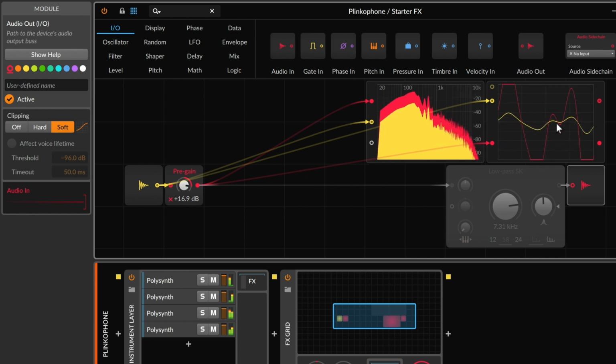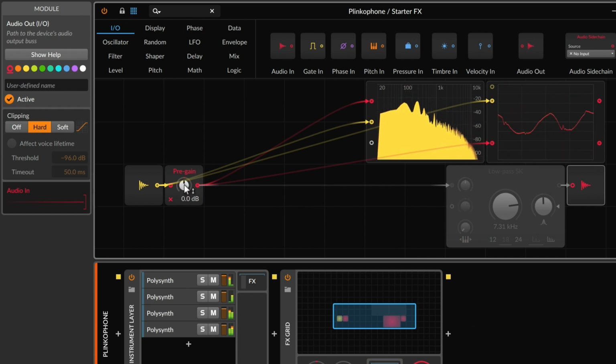So you don't see the difference here because it's happening inside of the audio out module, but you hear that it's a bit of a warmer distortion to begin with. Now, clipping is on by default because modules or plugins that receive signal out of grid might not be very happy if it's an insanely out of range signal. So there you have it. Just realize that that is always there.